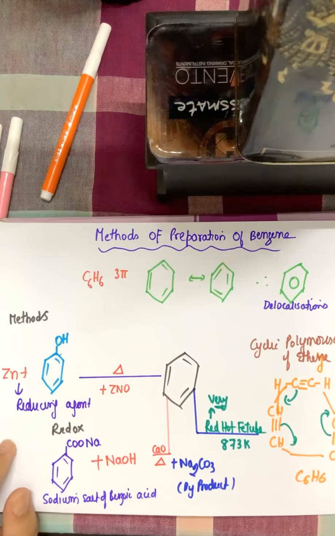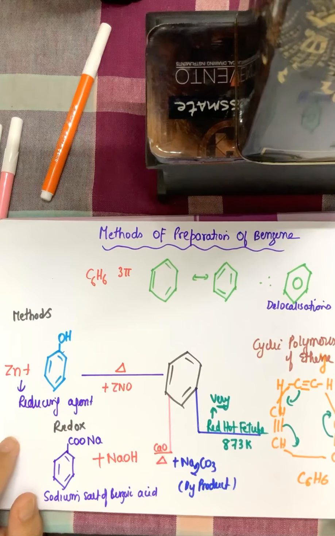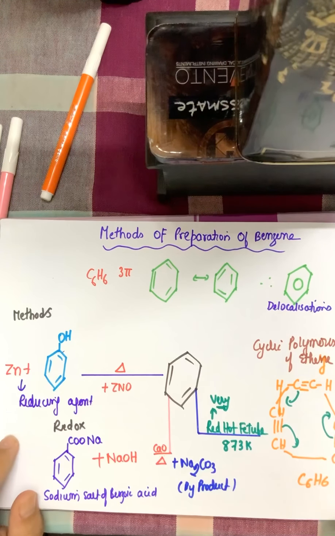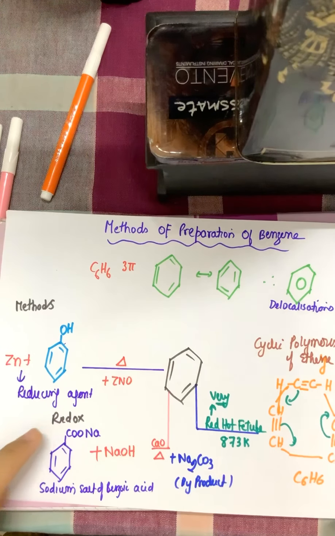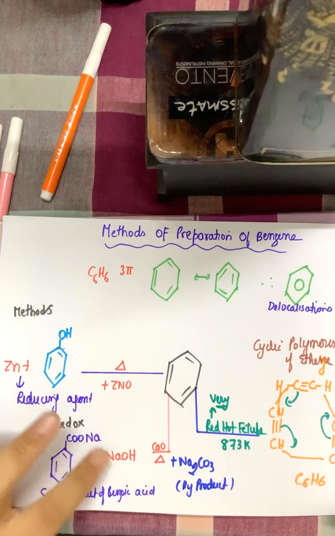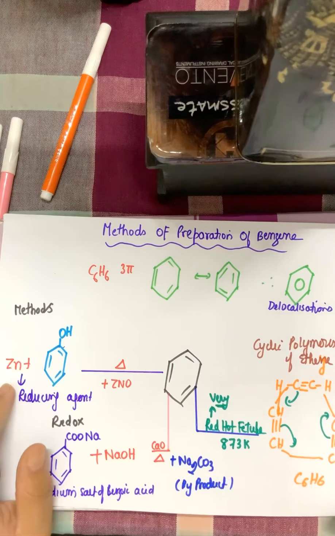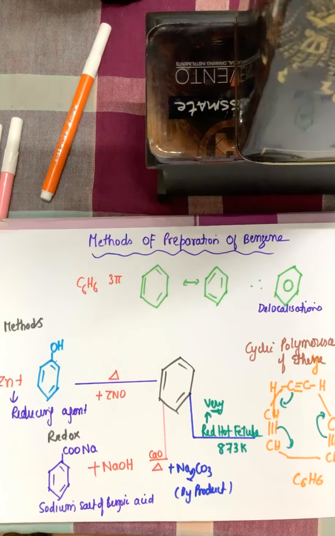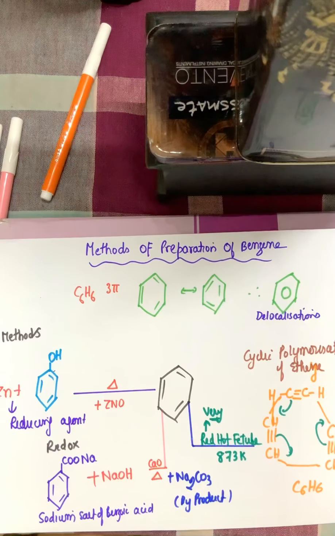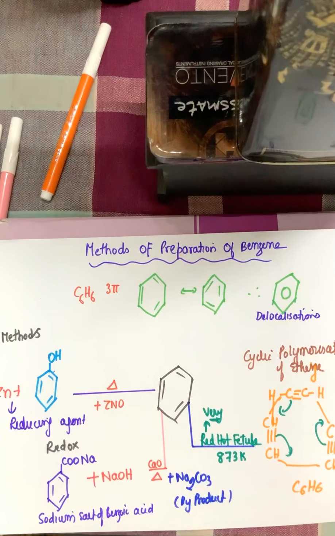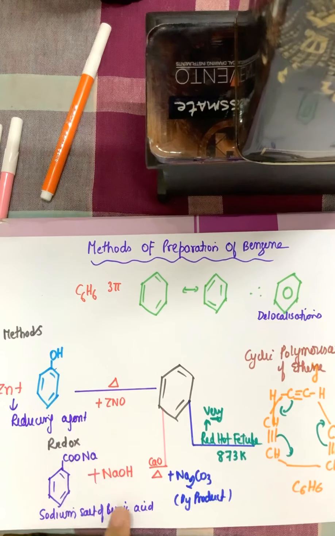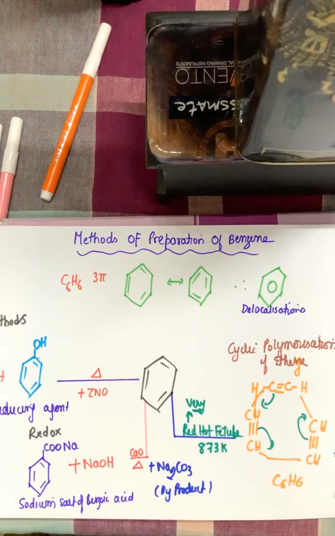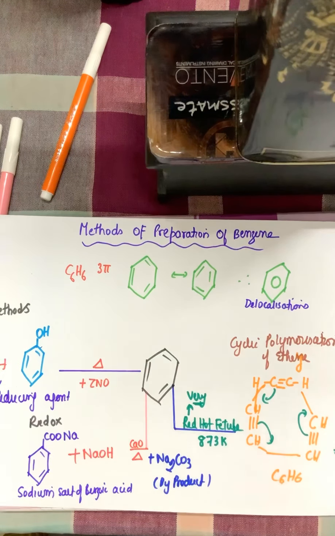So again, repeating this once again, for formation of benzene there are 3 methods. One method is by using a reducing agent, which is zinc dust in phenol. Another method is by neutralizing an acid, that is sodium salt of benzoic acid, which is reacting with soda lime, which is NaOH plus CaO in heat to form the benzene. And the last method is from aliphatic hydrocarbon, which is ethyne, which is undergoing cyclic polymerization by getting the heat from a red hot iron tube. So this method is from aliphatic hydrocarbon, this method is from a reducing agent, and this method is from a sodium salt of acid. Fine. So these were the 3 major methods for formation of benzene.